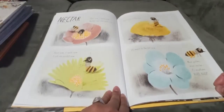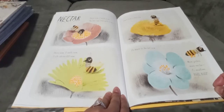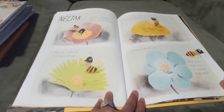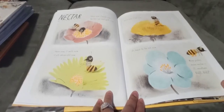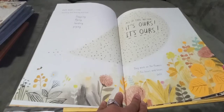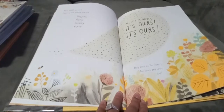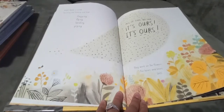Nectar. There now, it drills now, the bee sips and spills now. There now, it swills now, it sits, oh so still now. There now, it fills now, it's back to the hill now. More pollen, more nectar, it's mealtime, buzz, buzz. Buzz, buzz, a crowd, swarming and teeming and loud, flapping, flying, landing, prying. All of this nectar is ours, is ours. They work on the flowers for hours and hours until